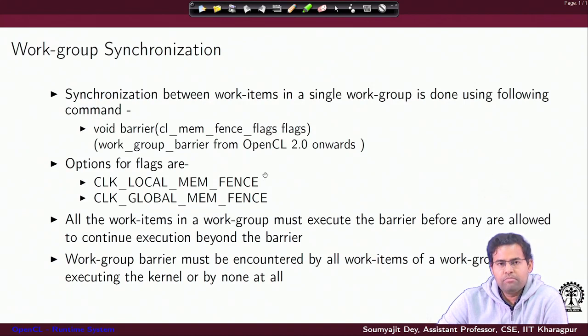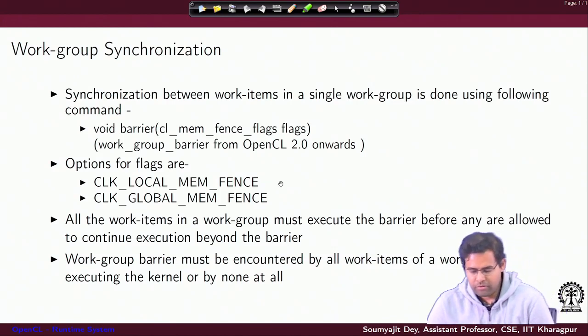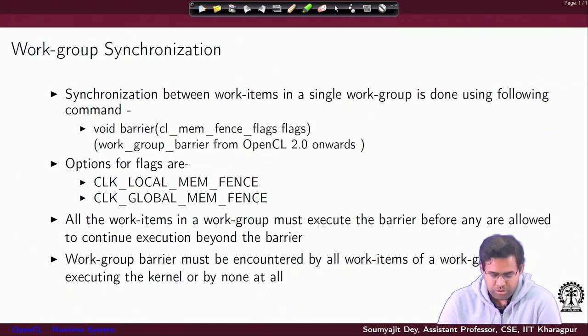The issue with this mem fence is what is the area of the memory you want to make visible to the work items who are synchronizing. So, whether it is the local memory or the global memory, upon that it depends what flag you are going to choose. All work items in a work group must execute the barrier before they are allowed to continue execution beyond the barrier, and it must of course be encountered by all work items of a work group executing the kernel or none at all.